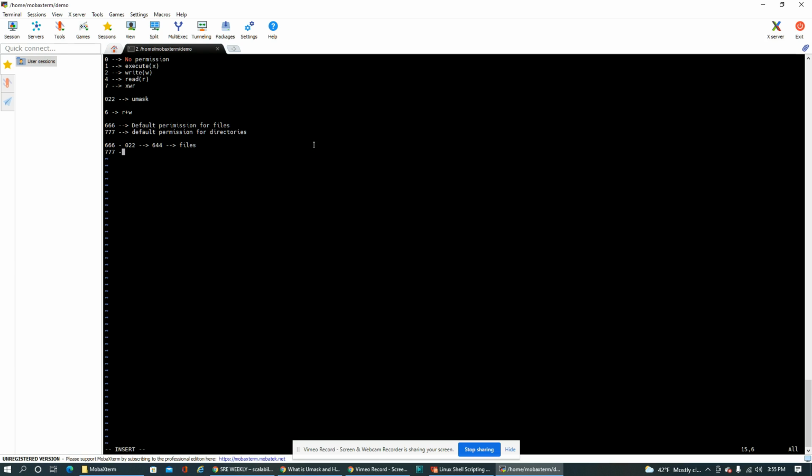7 minus 022, which is, so the default permission for the new directories created, new files, would be 755. So in Unix, we have something called an owner who has created the file, or who